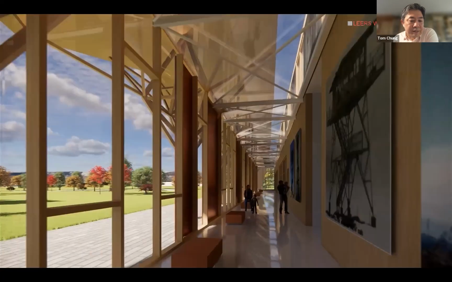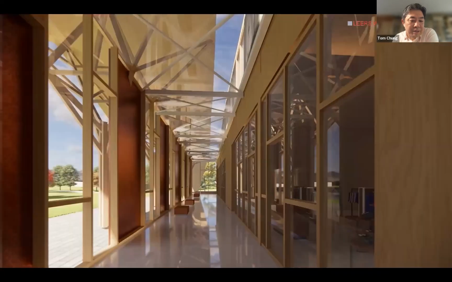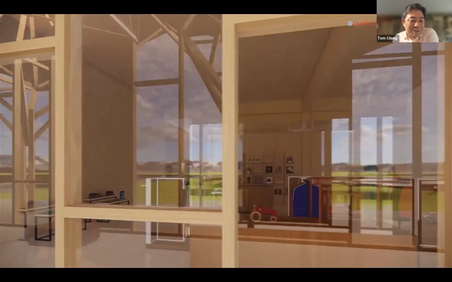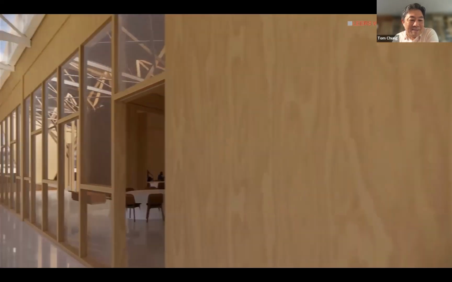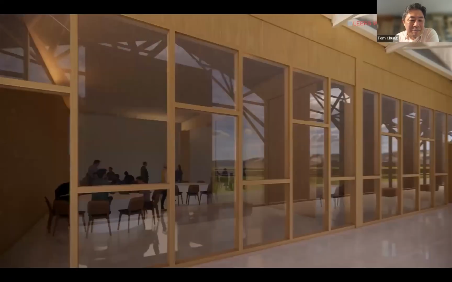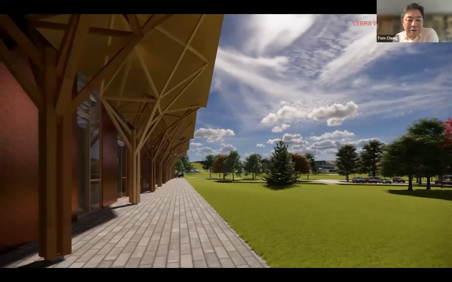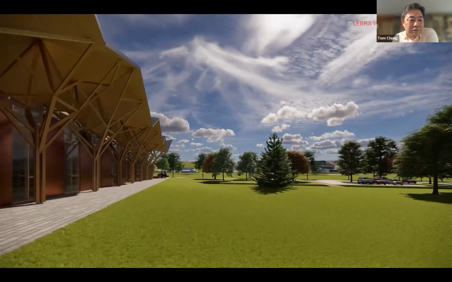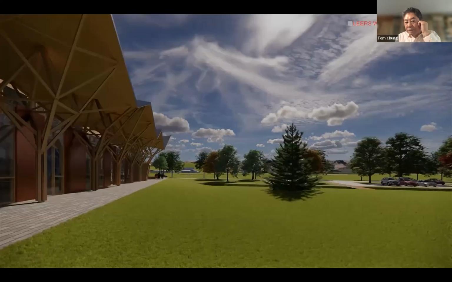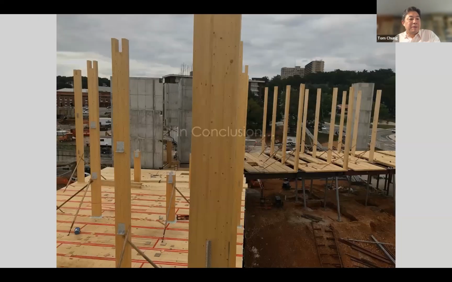A generous south-facing hallway that then provides access to all of the museum's program elements. Here's a look into the gift shop, which is critical to museums as well for its fundraising purposes, flexible classrooms and event spaces for educational purposes, and really this sheltered colonnade along the front, really to then enjoy the beautiful views of the mountains beyond. So this is currently in design, slated to be finished in design this year and to continue into construction next year. So in conclusion, I'd like to just end by saying that,